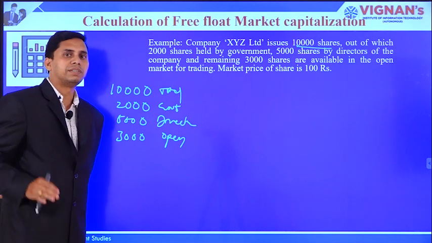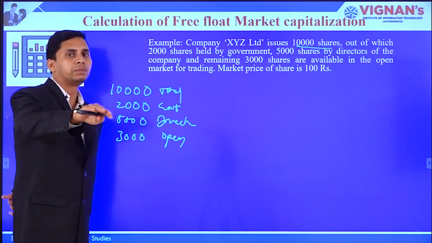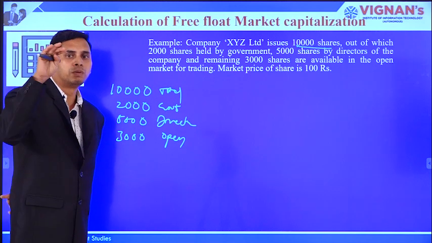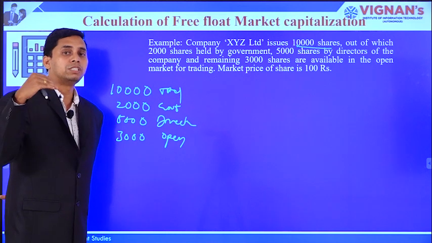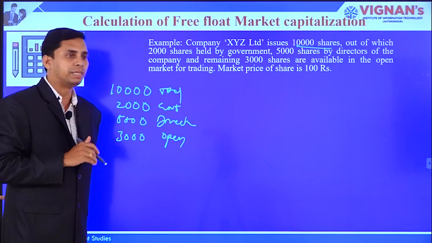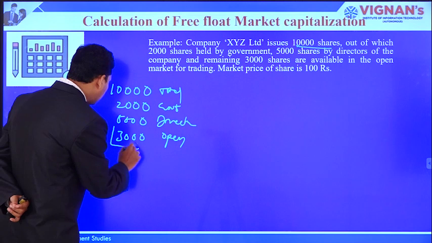Which means if you want to enter into this particular stock, if you want to invest in the market, then how many shares are available for you? Only these 3,000